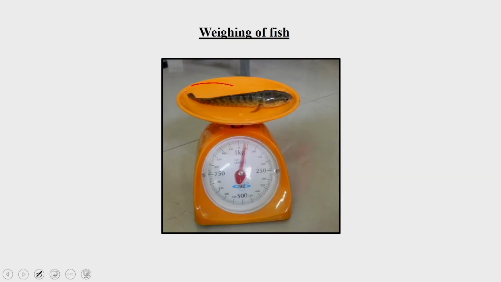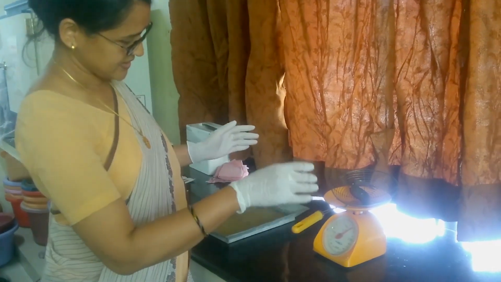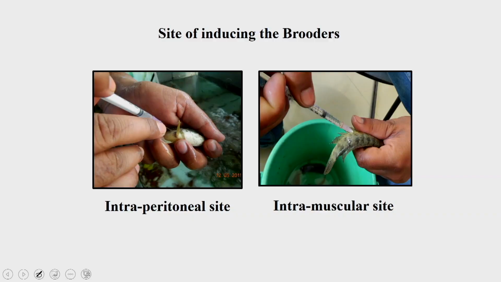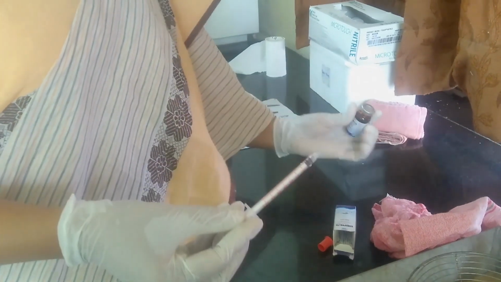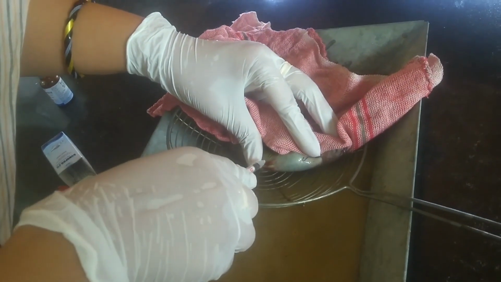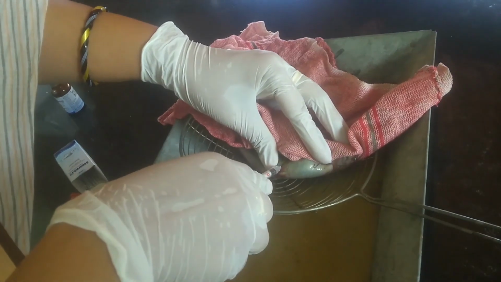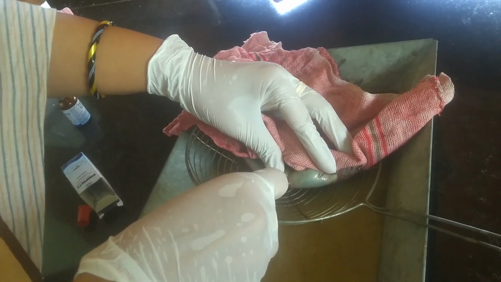First you take out the fish and weigh it in a weighing balance. According to the weight you can give the dose of the hormones. Then you have two options. You have two sites for inducing the brooders for the ovulation. You can give intraperitoneal injections to the fish, or you can use the intramuscular site, which means you can give intramuscular injections of the hormones to the fishes,